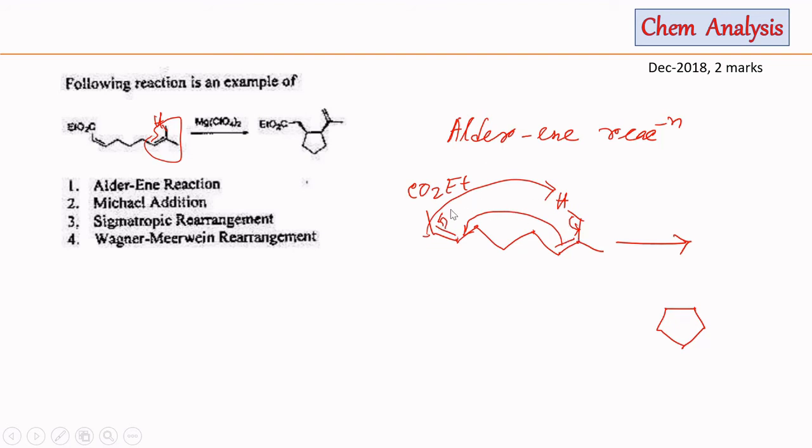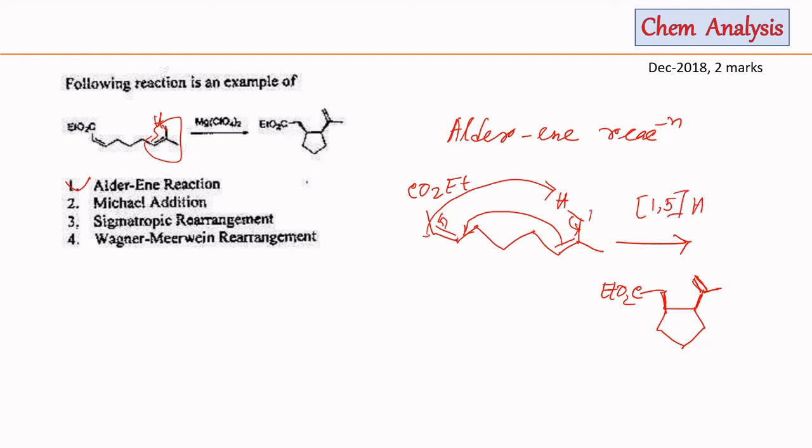and the reaction which is taking place between these two groups will be stereochemically cis. So both the CO2Et group and this alkyl group will be on the same side of this cyclopentane ring. If we draw this group above the plane, then this part, that is the CO2Et part, will also be above the plane. So this will be the product of this reaction. Here is a double bond. So we can see that option number 1 is the correct answer, and this is mainly a 1,5 hydrogen shift reaction.